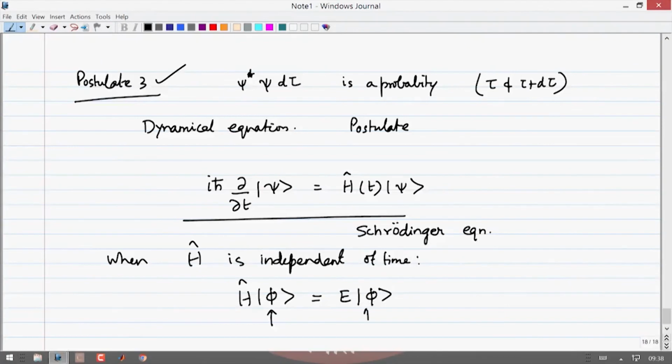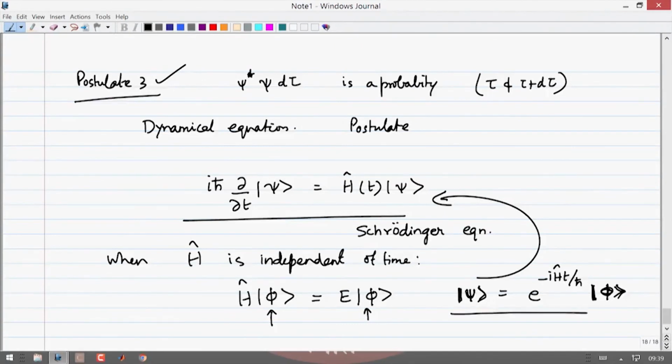So, the phi's are eigenfunctions of the Hamiltonian operator with the eigenvalues E, and the connection between psi and phi in such a case is the operator e to the minus i H t by h bar, okay, acting on phi gives you the time dependent solution that you have for this problem. These two are not the same wave functions. Okay. The wave function psi depends on the time. The wave function phi does not depend on the time, but it has a factor associated with it, which is obtained by putting in the eigenvalues of the Hamiltonian in here.